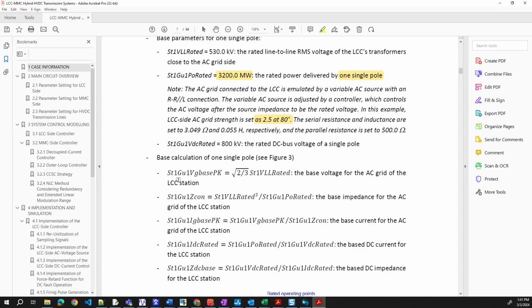The base calculation of the single pole. Okay, so right now we have station 1 VLL rated voltage. If we want to get the peak value, we divide by root 3 times root 2, and we will get the peak value.